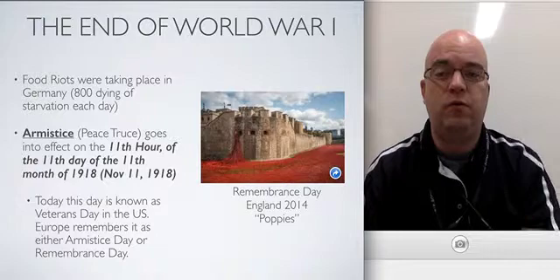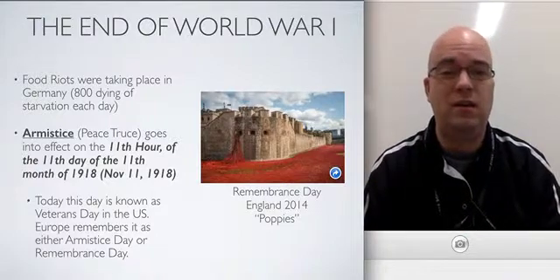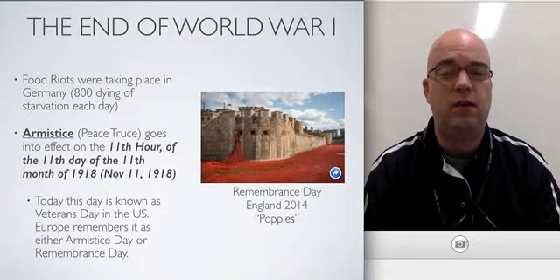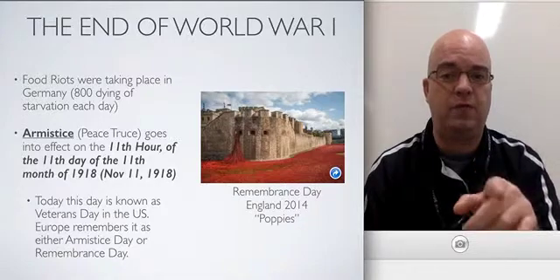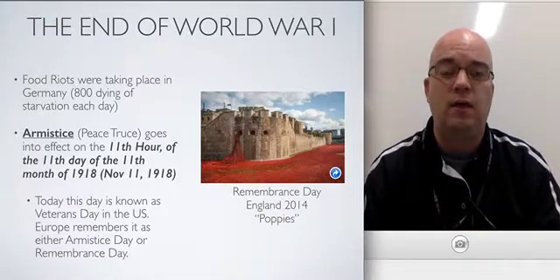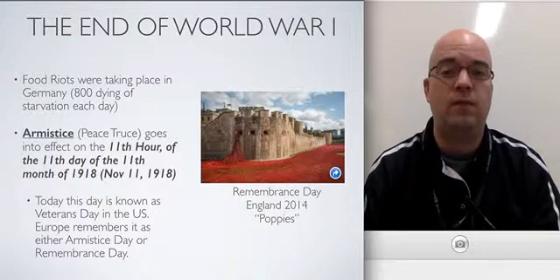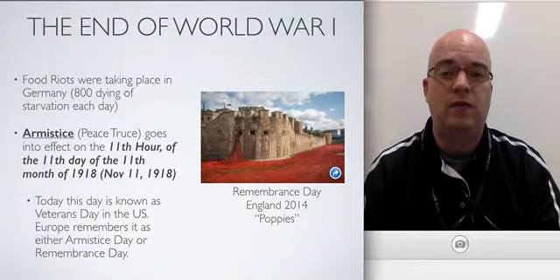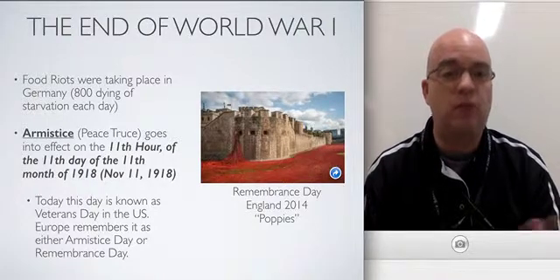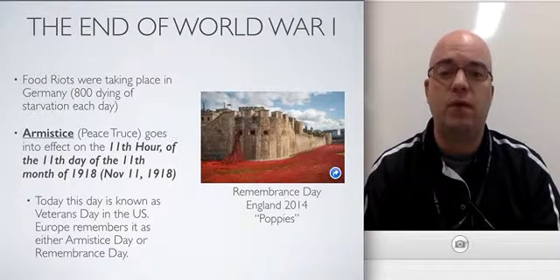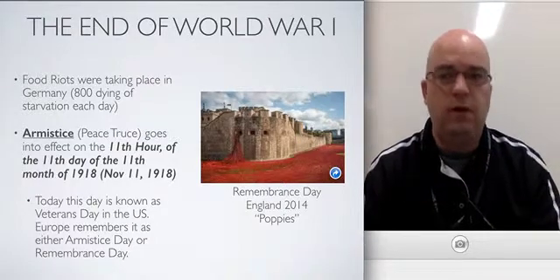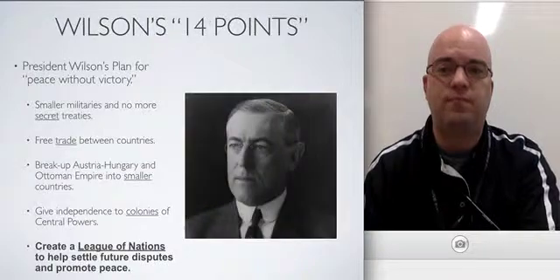If you see the photograph over here, this is a picture of the Tower of London in England that was decorated for Remembrance Day in 2014 with a field of poppies. Each poppy, which is a little plastic flower in this particular artwork, represents one of the dead of England during World War I. And as you can see, this is a massive field of poppies. So a lot of people died in World War I, especially in Europe, especially in England and France and Germany, where it's remembered more so than in the United States.